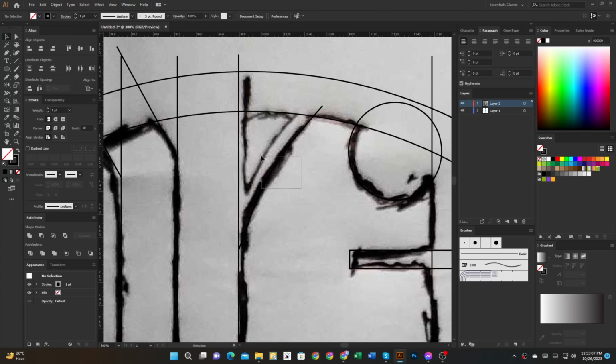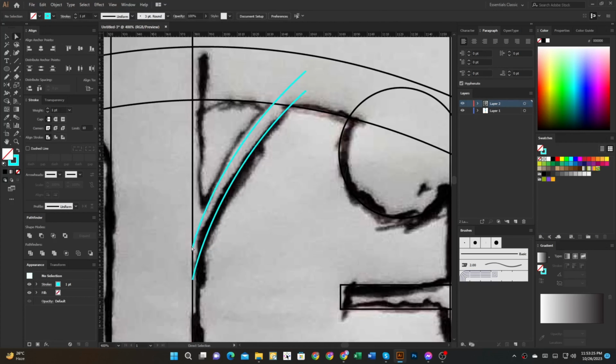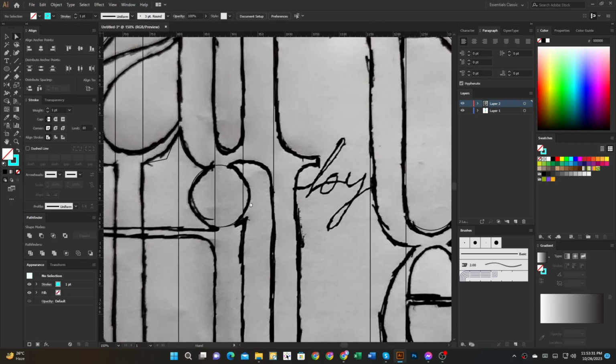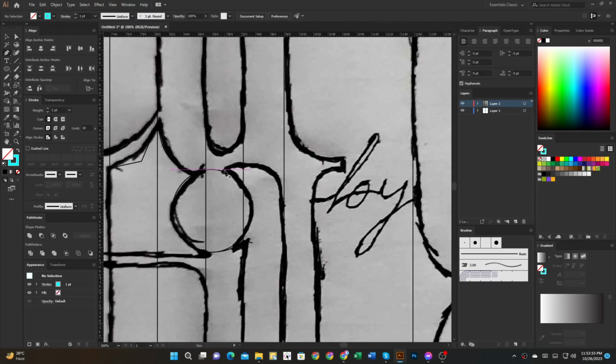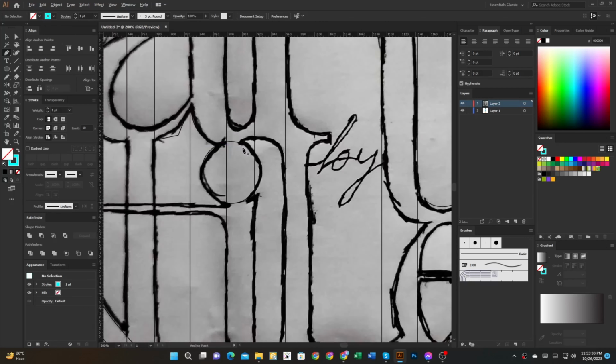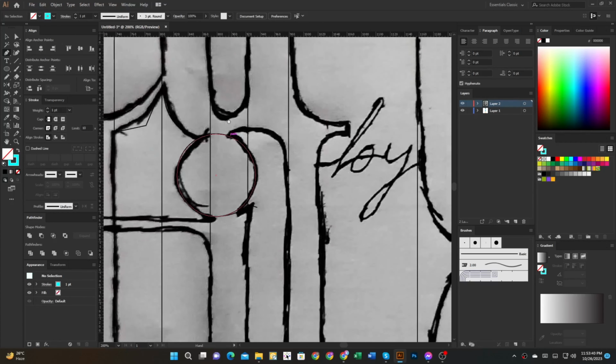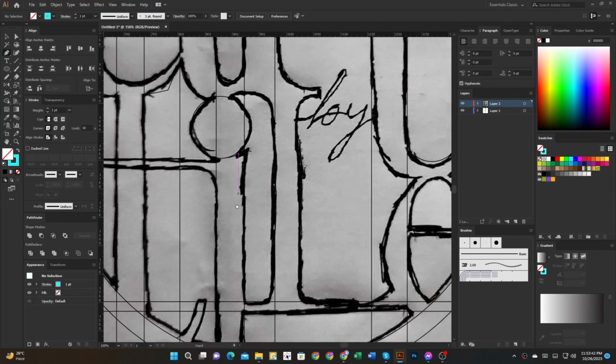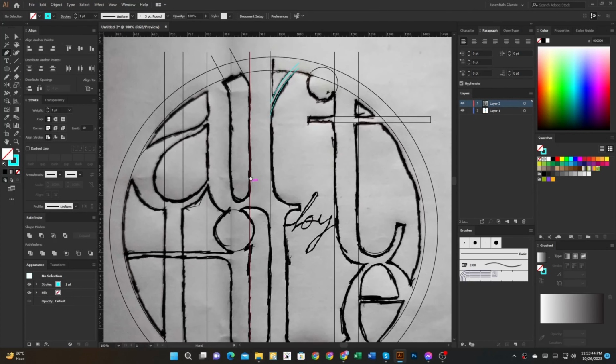OK. Now select, and I use Shape Builder for color selection.